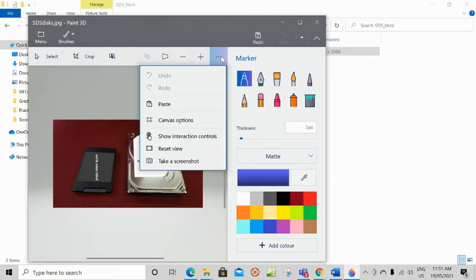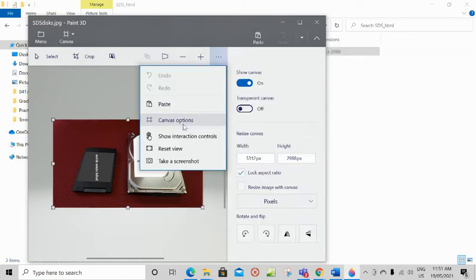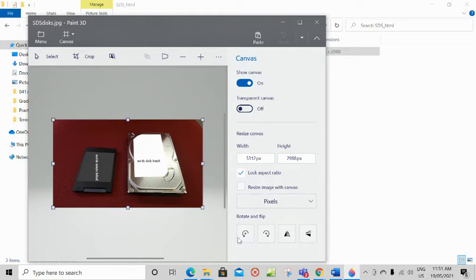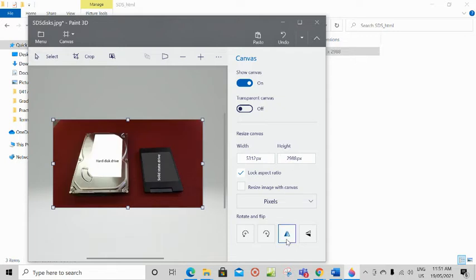So click here, go to canvas options. So here you can see the option flip horizontal. Click on that. So that picture is flipped, or it is reflected horizontally. You can see hard disk drive on the left side and solid state drive on the right side. So we are done with that task.